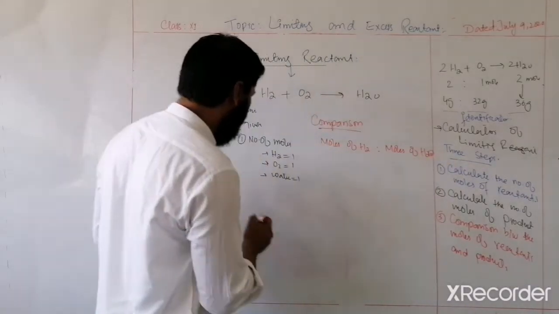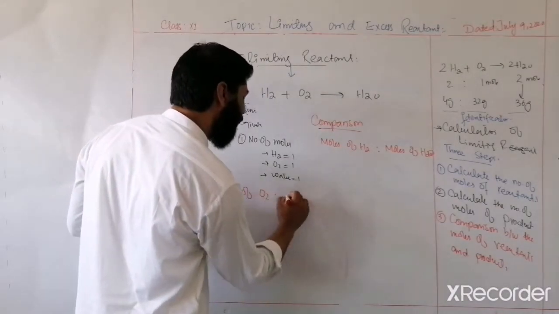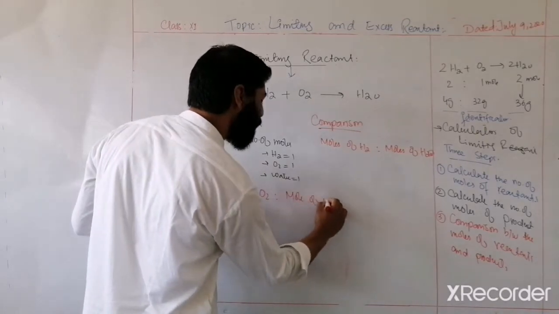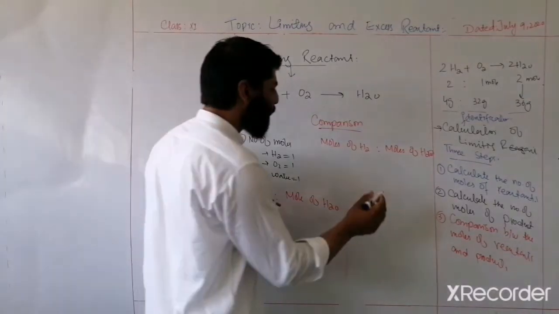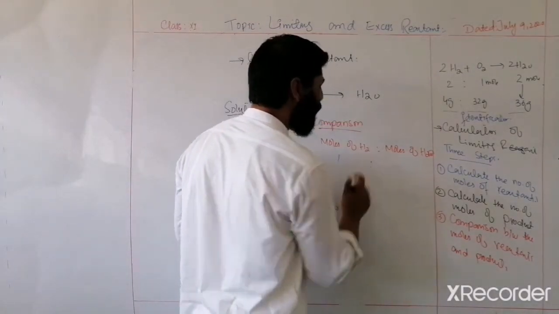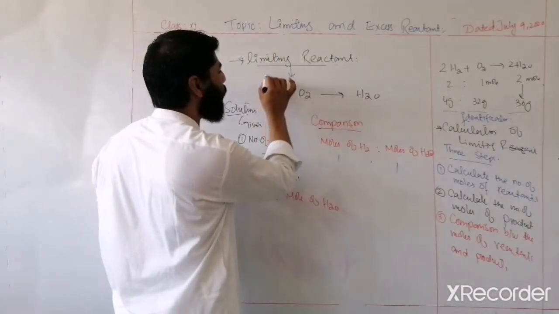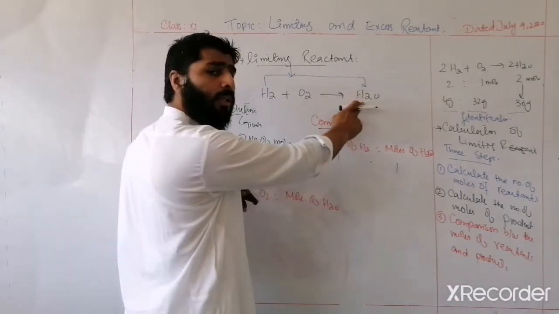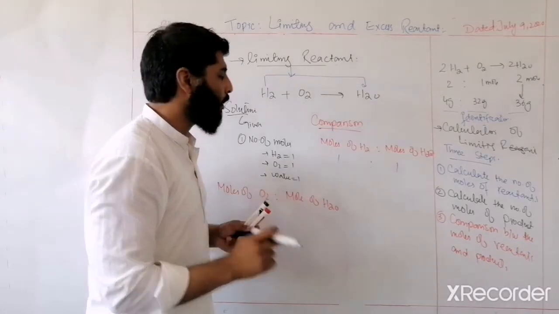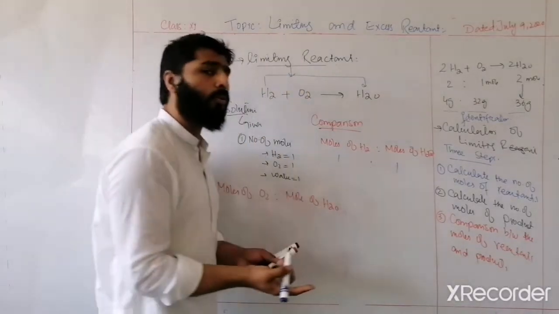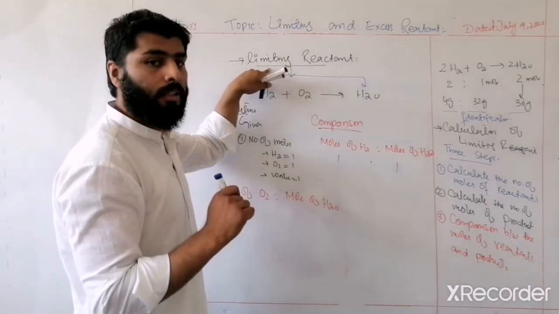Then again you will have to compare moles of oxygen and moles of water. There is 1 mole of hydrogen and 1 mole of water according to the balanced chemical reaction. For the formation of 1 mole of water, 1 mole of hydrogen is required. So 1 mole of hydrogen, now we will have to calculate the mass in order to identify the quantity,